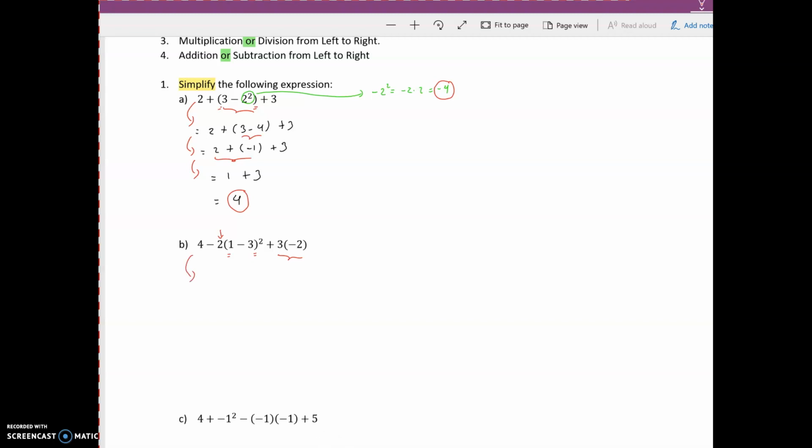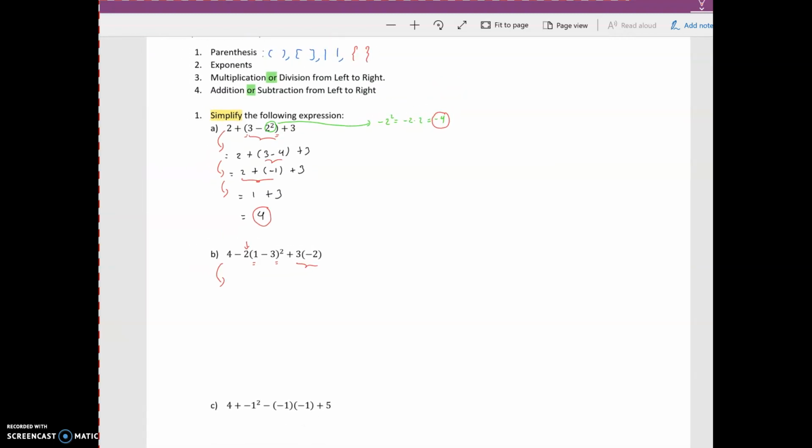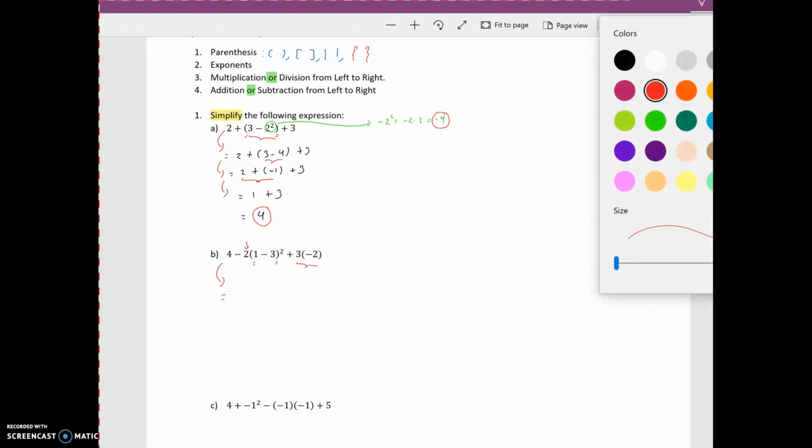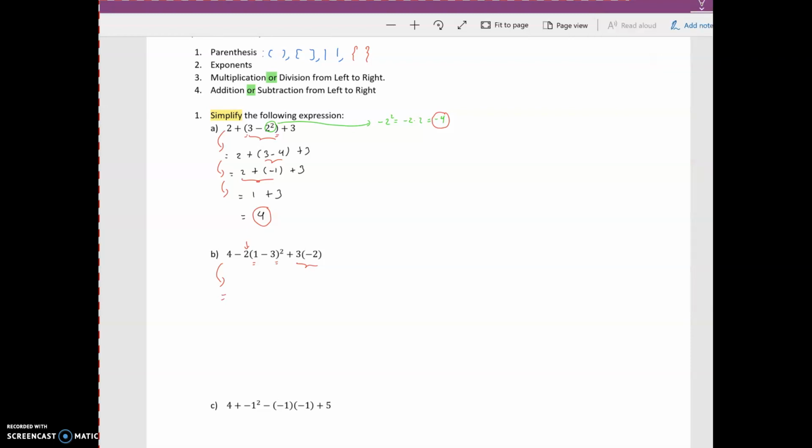What we couldn't do here is combine the actual 4 with the negative 2, because technically there's a multiplication that actually comes first, and we're talking about this step here. You cannot actually do addition or subtraction before the multiplication or division takes place. So in this case, let me rewrite it as this is equivalent to